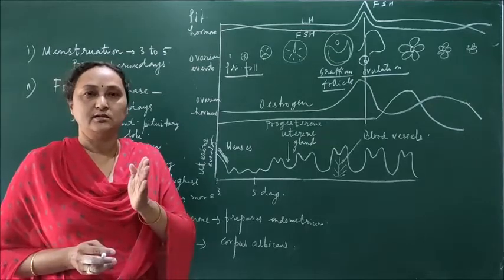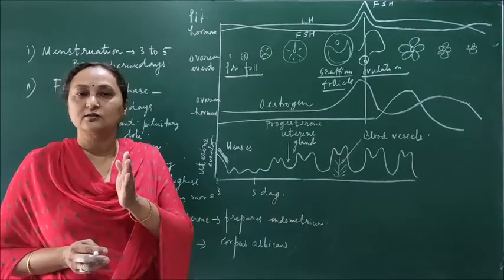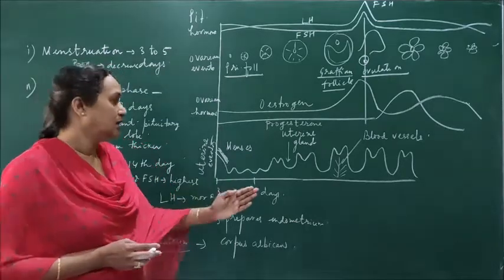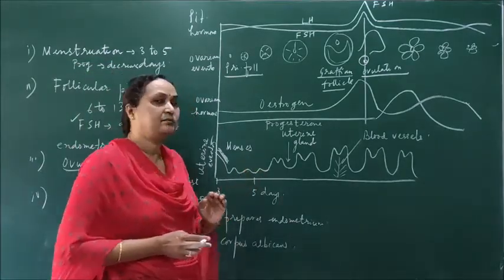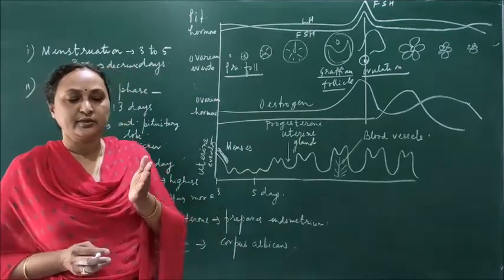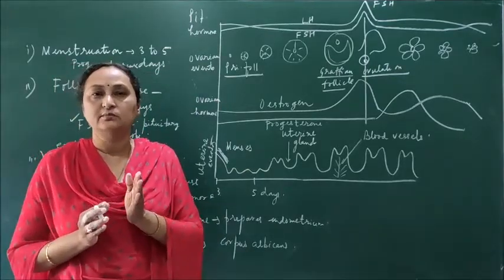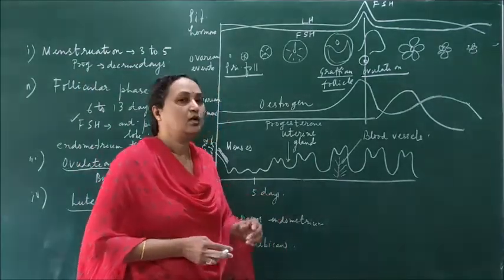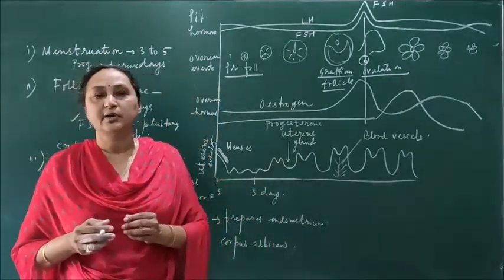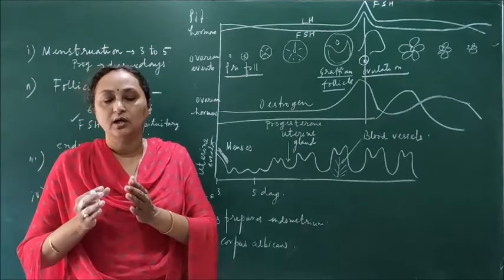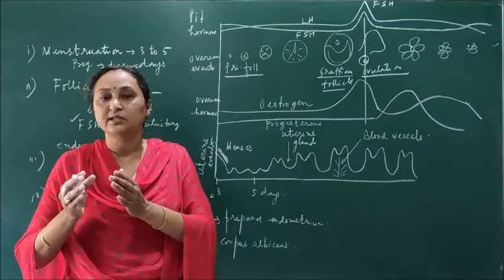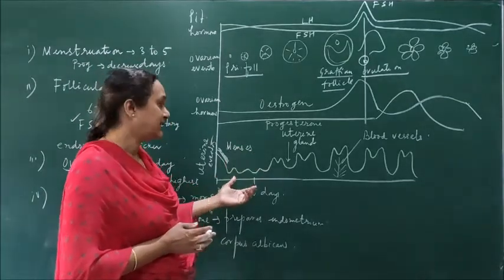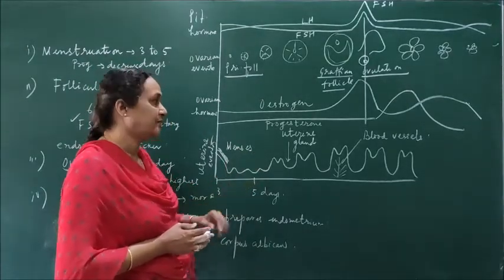The uterus has 3 layers, and the innermost layer is called the endometrium. So every month when there is the flow, the endometrium breaks. When the endometrium breaks, the tissue making up the endometrium also breaks. And because there is blood supply to the tissue, the blood vessels also break, and the blood in the tissue and the unfertilized ovum are released in the form of the flow, which is called menstrual flow. That lasts from 3 to 5 days.